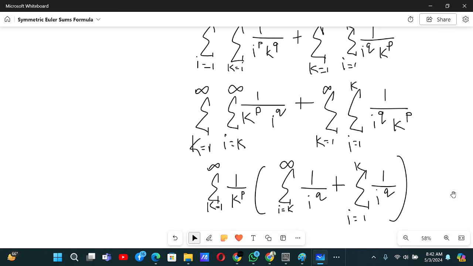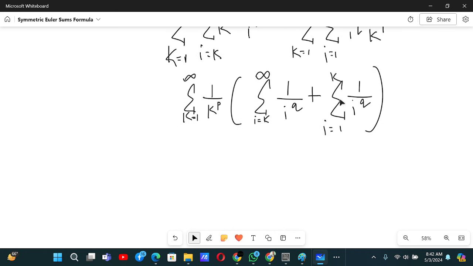Now this sum can be added, but notice that if it was from 1 to k minus 1 and then k to infinity, there would be no gaps or overlapping terms. But here 1 by k to the power q is added in this sum as well and in this one as well. So 1 by k to the power q is one excessive term, but others just go line by line. So we can write this sum as